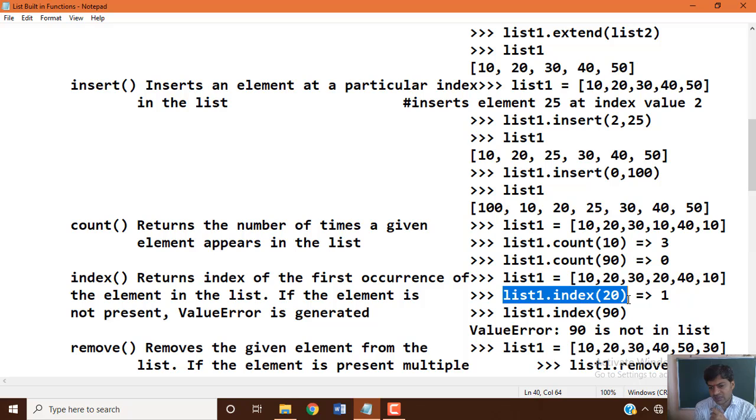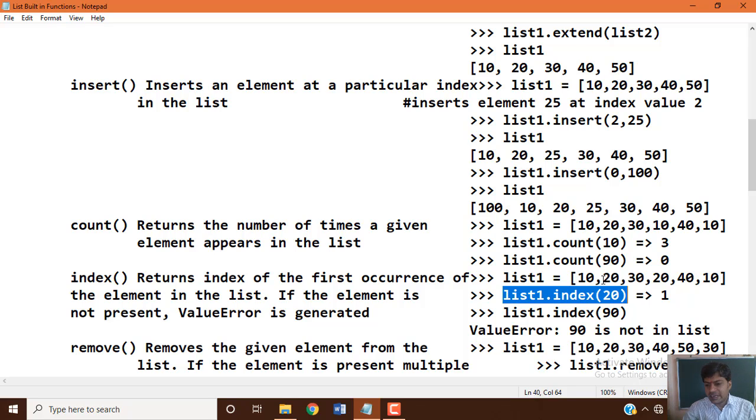In our list, 20 is repeated two times, but if a data item appears more than once in your list variable, the index number of its first occurrence will be extracted.